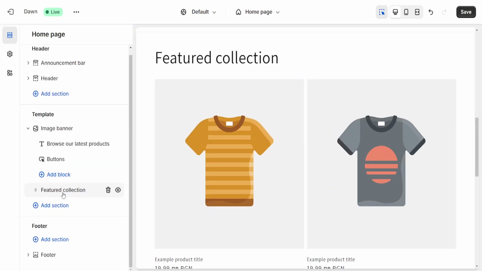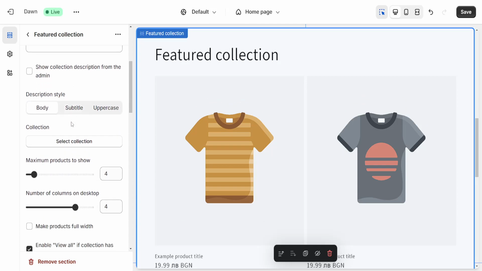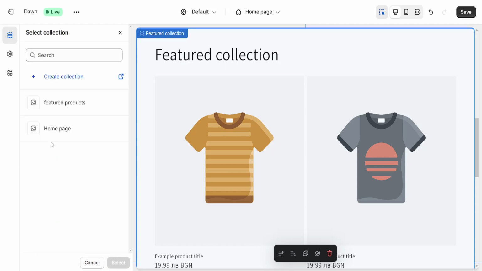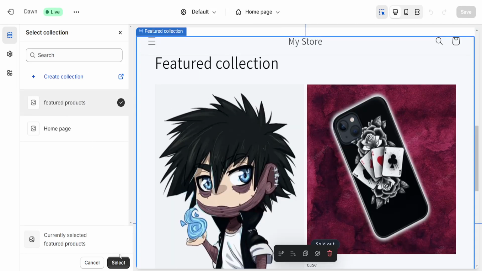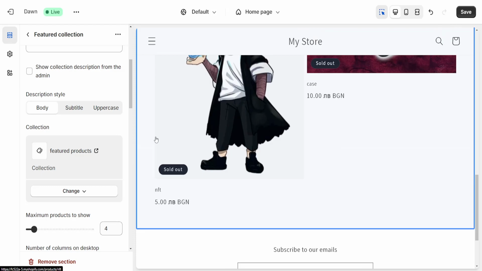And now click on it, left click on it, and scroll down a little bit until you see this option to select collection. Now, by clicking on this, you will be able to find your featured products page or collection that we just created. So simply left click on it and then select. And now we have successfully changed the featured products on our